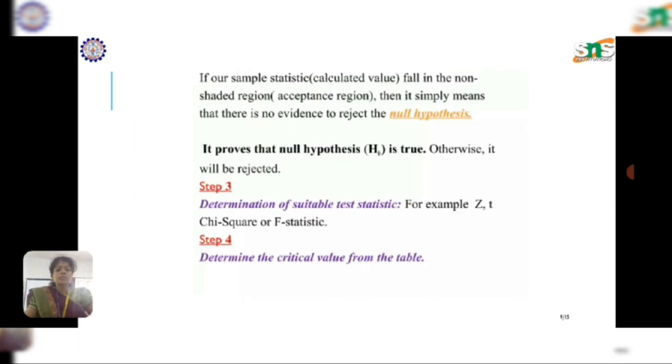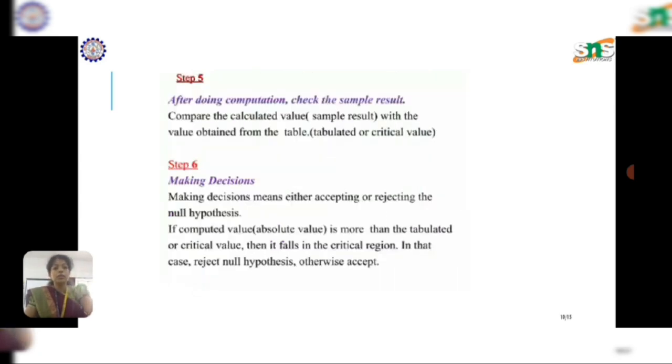The third step is determination of a suitable test statistic, whether we have to choose Z test, T test or chi-square test. If we have the words mean, proportion, or difference, we go for T test. If we have a variance, we go for chi-square or F test. Step 4 is to determine the critical value from the table. Step 5 is we have to